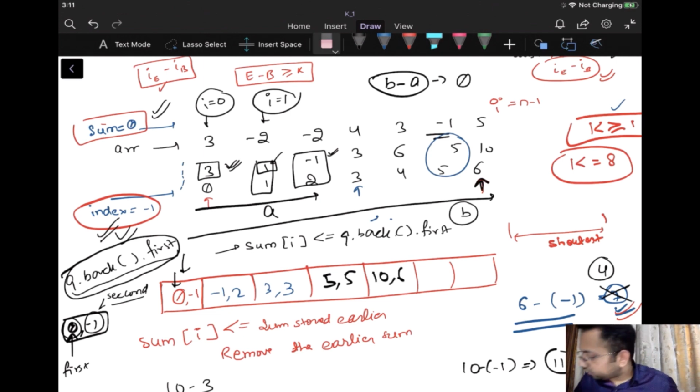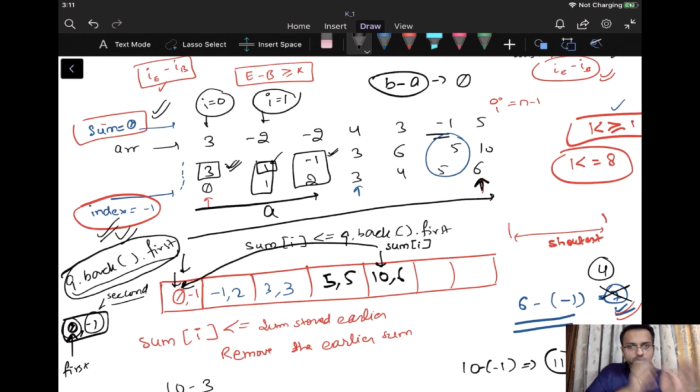So whenever we are on some sum I, and this sum I minus the sum that we have stored earlier, if this range is having sum which is greater than equals to k, in this case what we do, we calculate our answer, right?